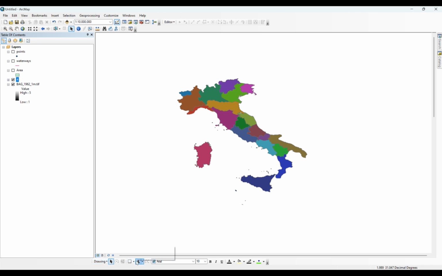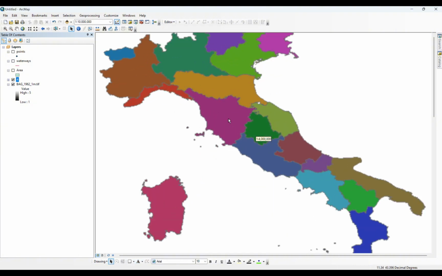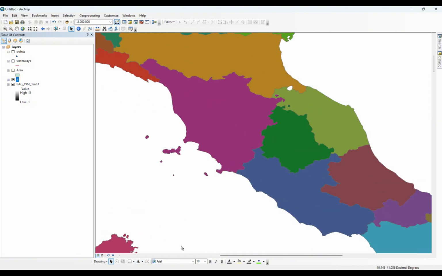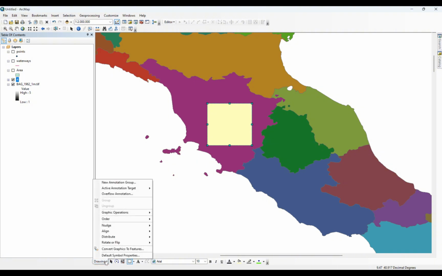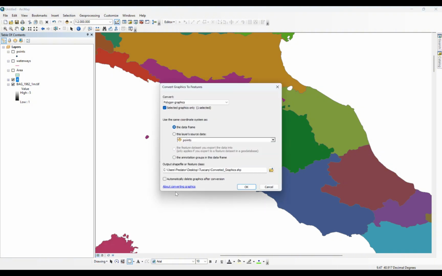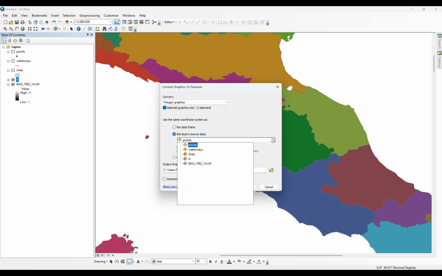In the down bottom we have the other option, drawing, that helps us to create another shapefiles if we don't have the original. For example, here we have different types of options that we can choose. For example, polygon, rectangle, whatever. I want to choose or create a shapefile for this area. I'm gonna come here, convert graphics to features. Again, I'm gonna give it, let's say,